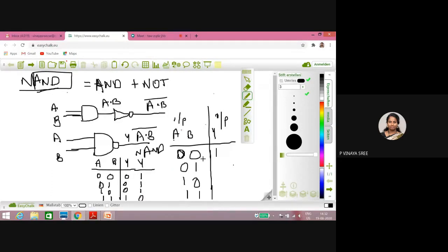That is correct, right? We will see once. 0 into 0 will be 0, but I should not place 0 as we have a complement. I am converting that 0 to 1. Now 0 into 1 is 0, so I have to write the complement of that, which is 1. 1 into 0 is 0, so I write the complement, 1. 1 into 1 is 1, so I should not write 1; the complement of that is 0. So instead, if you are getting confused, directly write AND and do the complement of the last output so that you will get this.